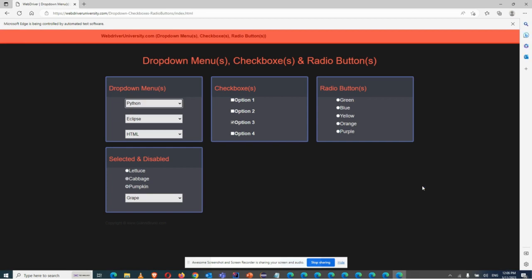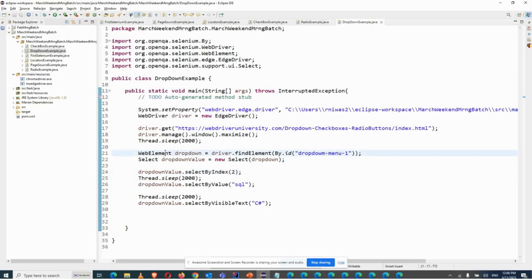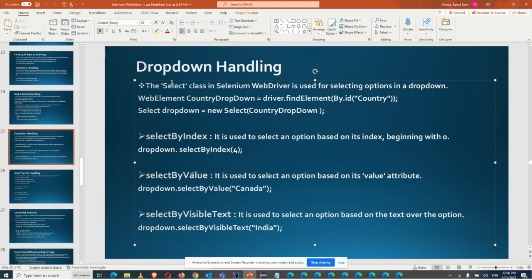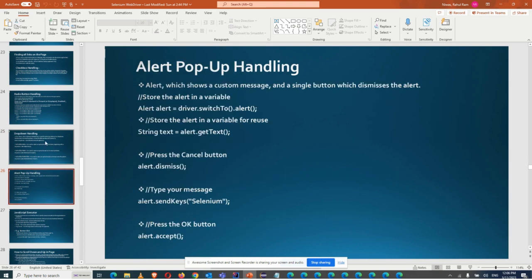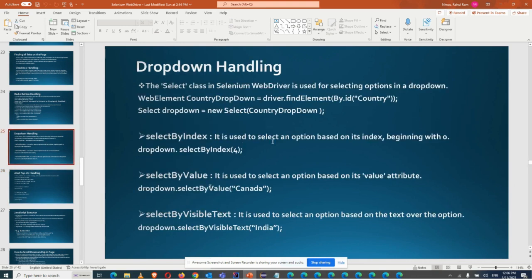So first it will select for index Python, then for value SQL, then it has to select C sharp for visible text. So this is how there are different ways you can handle your drop down in the Selenium. And if you want to deselect, it is showing you the deselect method as well. You just have to change the method name to deselect, and it will deselect the value for you from the drop down. So this is about the drop down handling here. Any doubt in that, in drop down handling? I have written all the syntax and the ways, so definitely